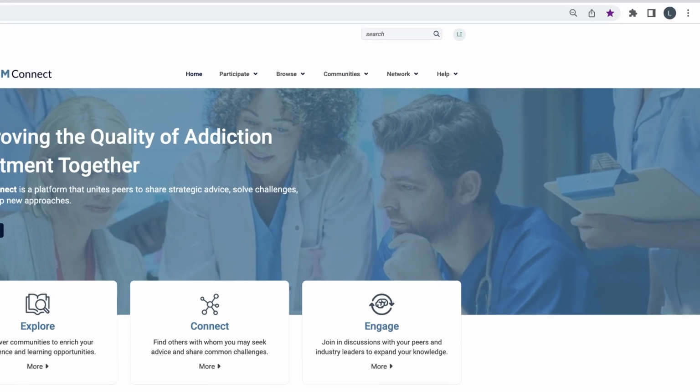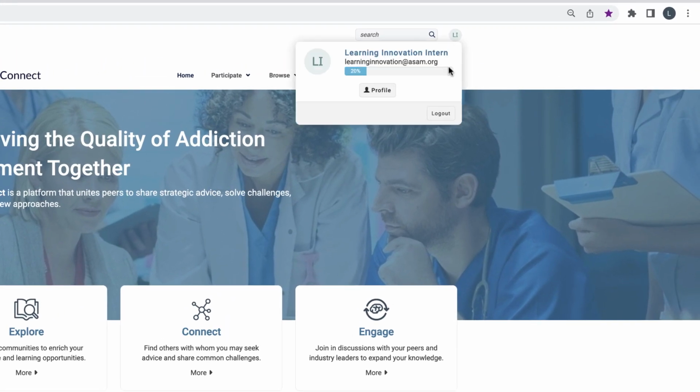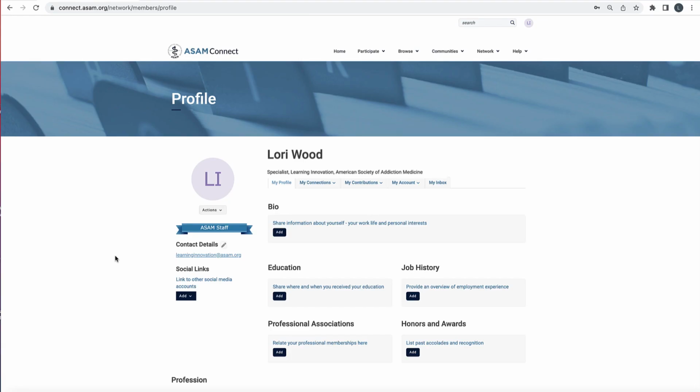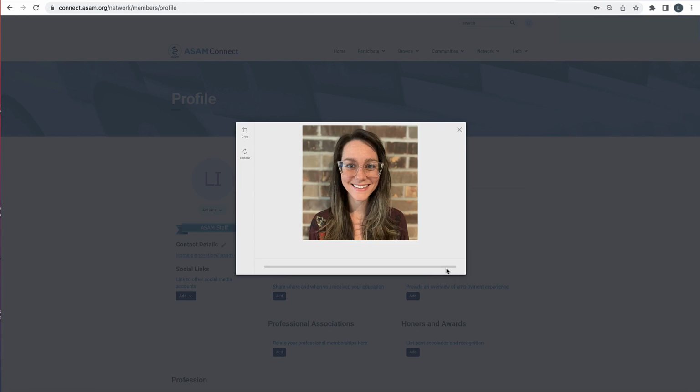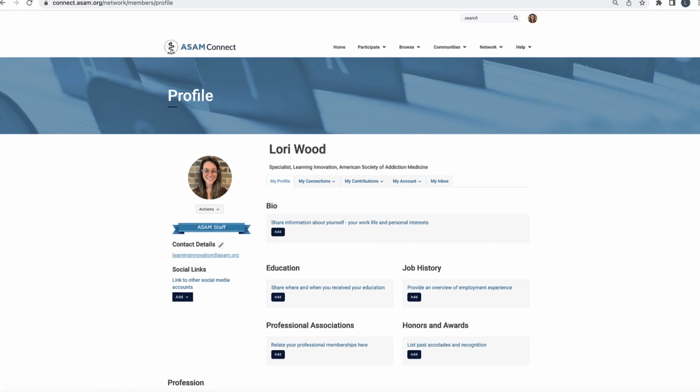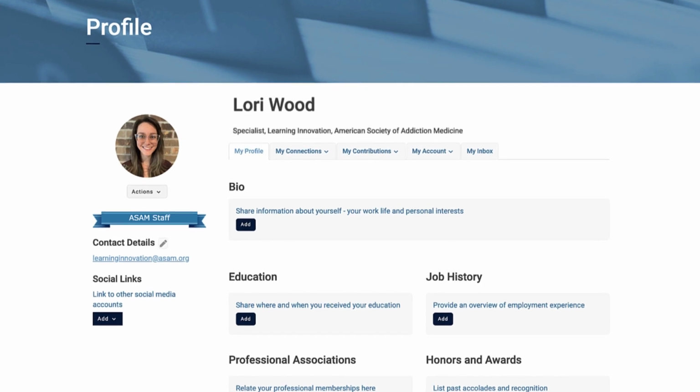To access your profile, click the profile icon in the top right corner. Then, click Profile. Start by changing your picture. To do so, click Actions under your profile picture. Then click Change Picture. Upload your favorite photo of yourself. Let others know who you are by updating your information. Select Add to update your information in each section. If you need to update your contact details, please do so in your ASAM member account through ASAM's website instead